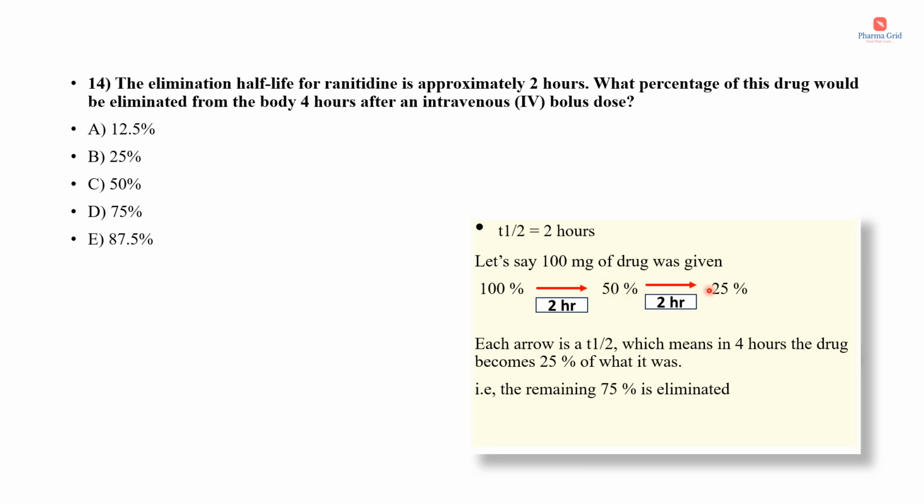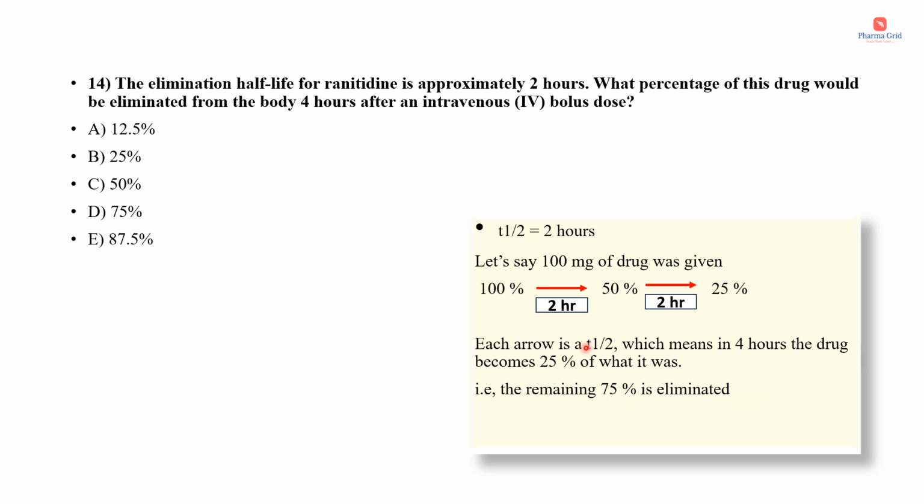And in the next 2 hours, in the second half-life, total will be 4 hours. Okay, so after 4 hours, the drug will reduce to 25%. So after this 4 hours, only 25% of the drug will remain in the body. So each arrow is a T half, which means in 4 hours the drug becomes 25% of what it was. But what they have asked in the question is to find out the drug that would be eliminated from the body 4 hours after IV bolus dose. Okay, that means the remaining